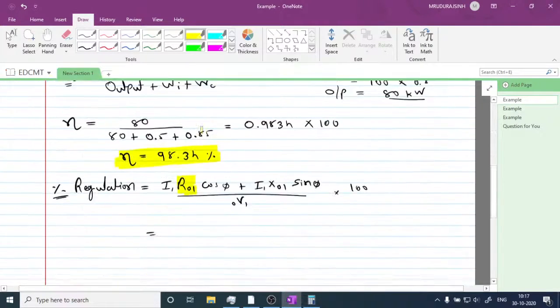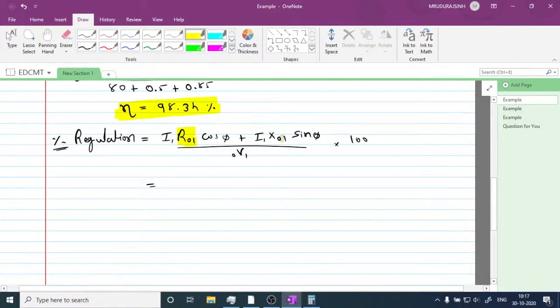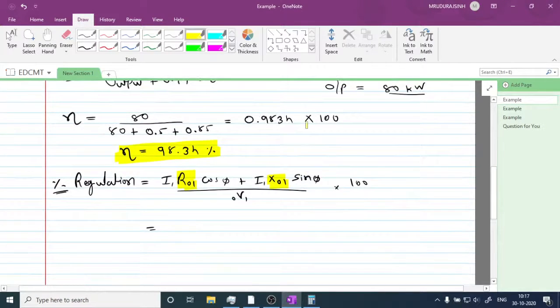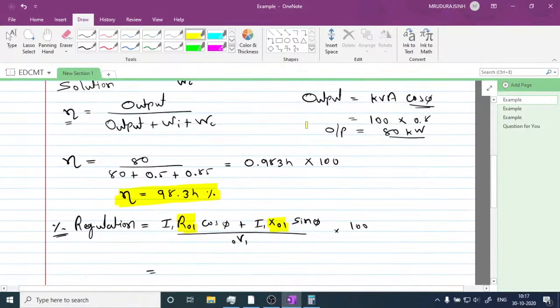No, R01 and X01 are not known to us, so first we need to calculate these. Is I1 known to us? No, I1 is also unknown. So we need to calculate I1, R01, X01, and sin phi,